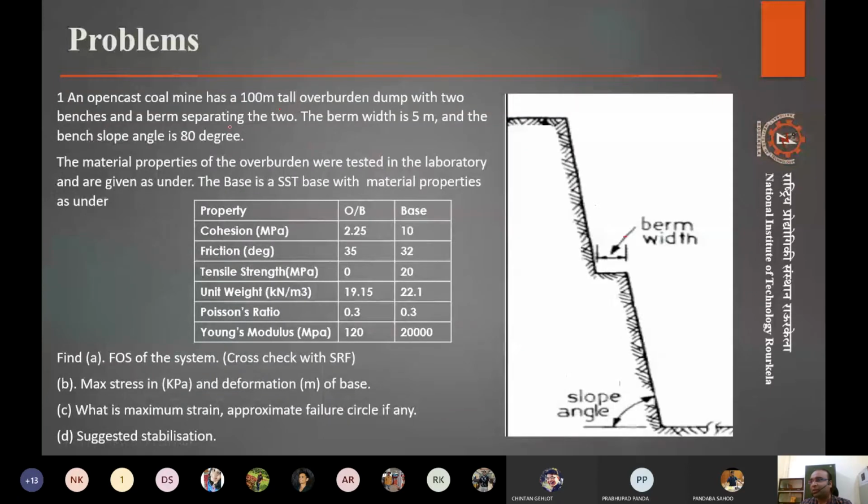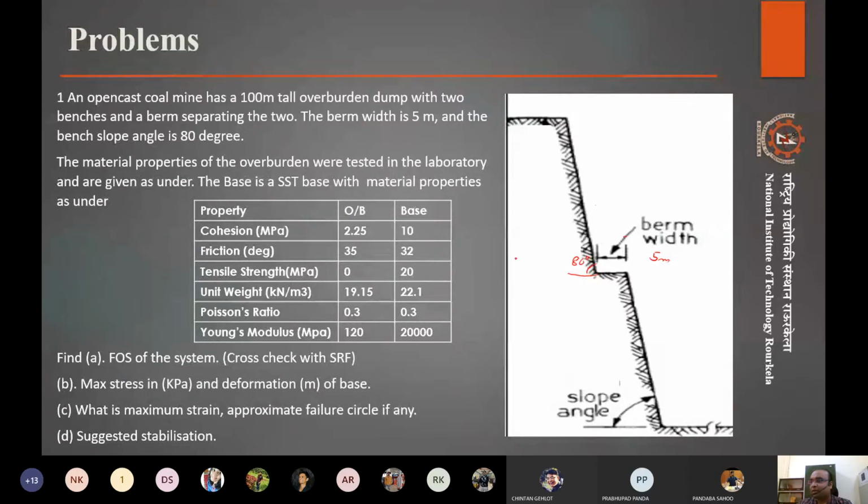With two benches and a berm separating the two. So this is the condition. The berm width is 5 meters and the bench angle is 80 degrees. So berm width is given as 5 meters here, right? And the angle, sorry, is 80 degrees.